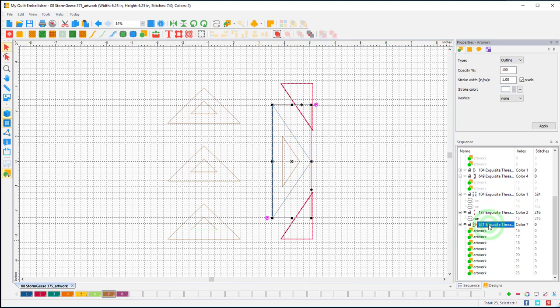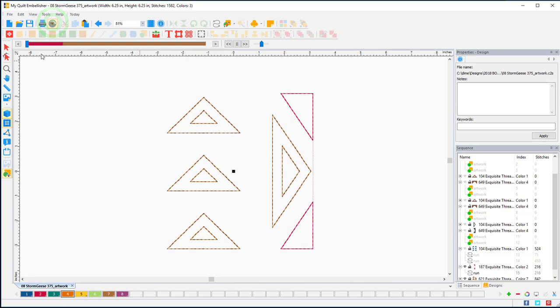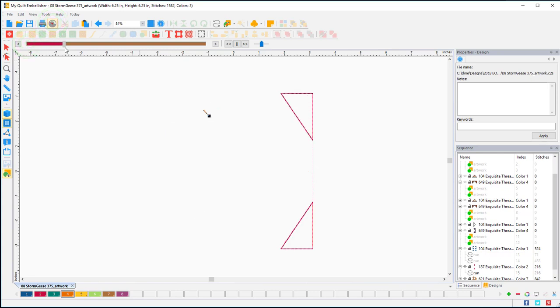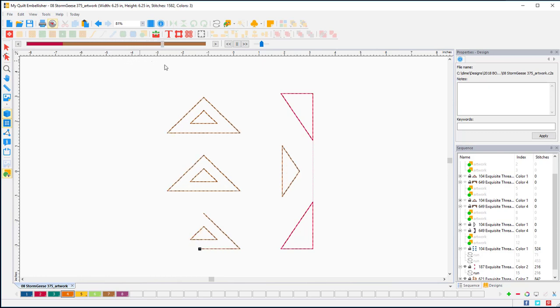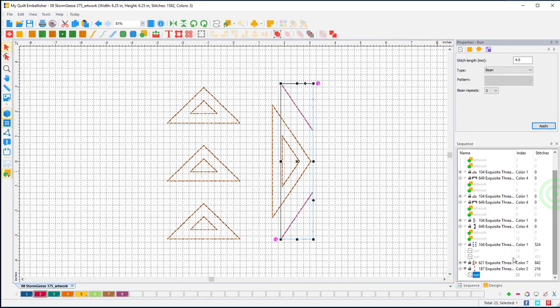Now if we select all of this together, it looks like we're selecting the same thing, but these are now all different pieces of artwork. Now if we turn these into our run stitches and tell this to be a bean stitch at 4, when we run this in the simulate, you'll see that they all run in a full triangle. Now, it's still kind of jumping around, so we're probably going to want to reorder some of that. So I'm going to go into here,